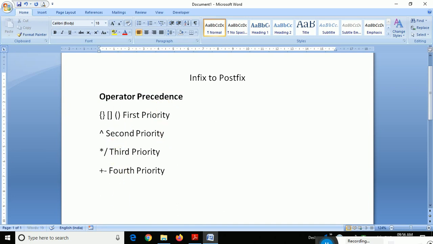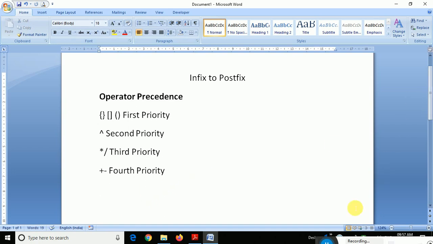For example, it is like this, 5 plus 6 minus 1. Here the question arises how we have to do it. You have to take everything left to right only. 5 plus 6 is 11, 11 minus 1 is 10. Instead of taking 6 minus 1 first, you start from the left to right. I think you understood this.